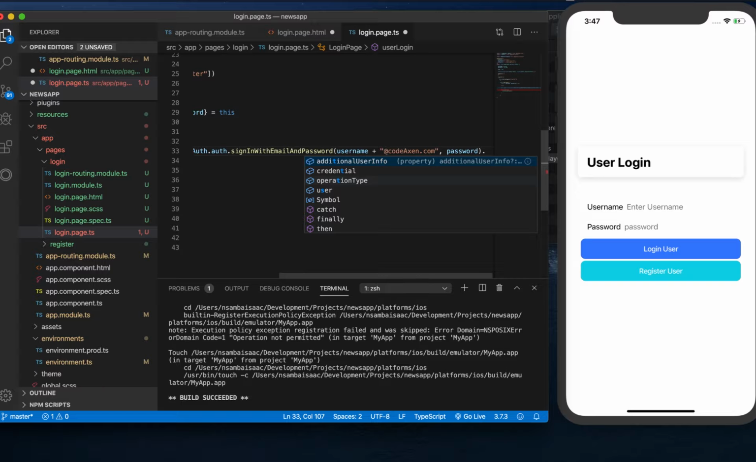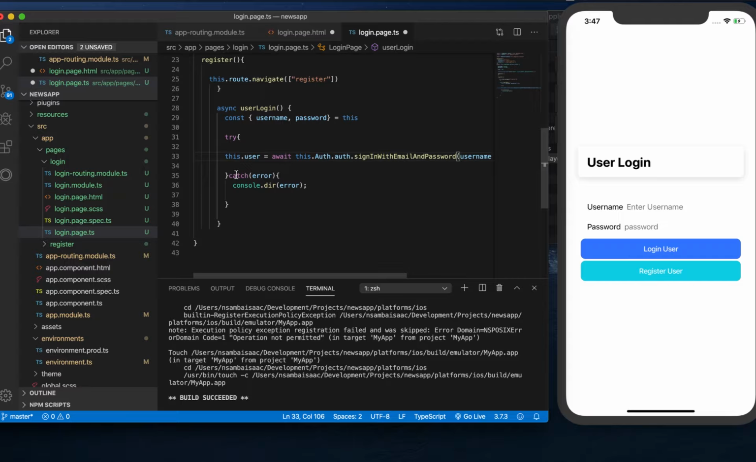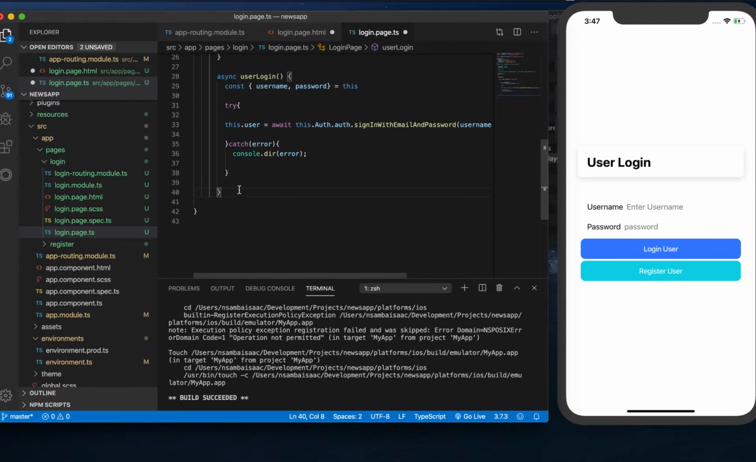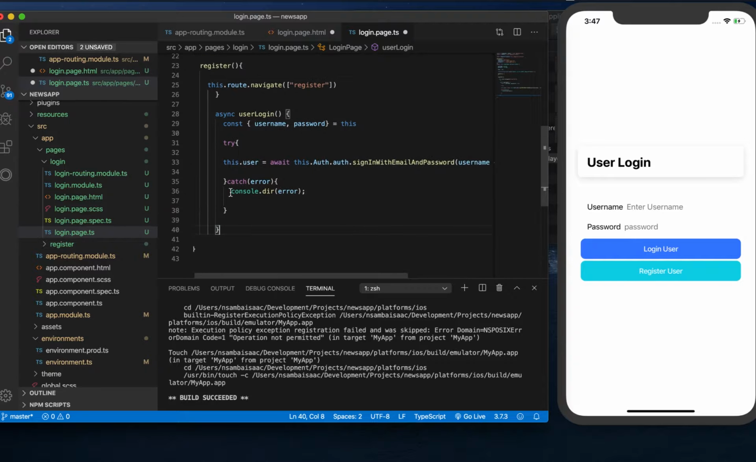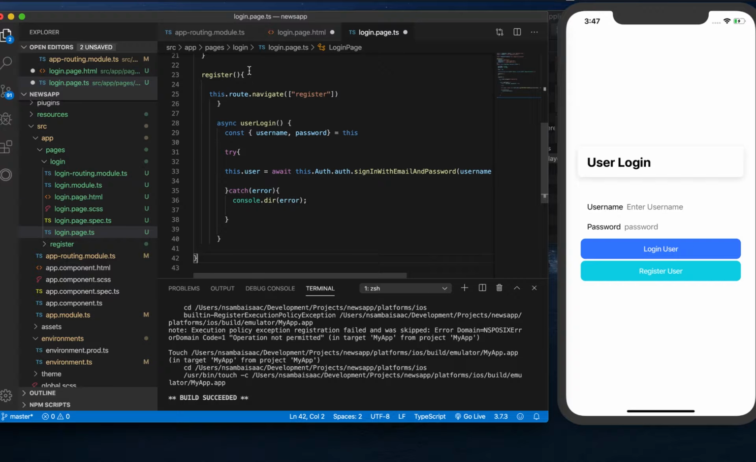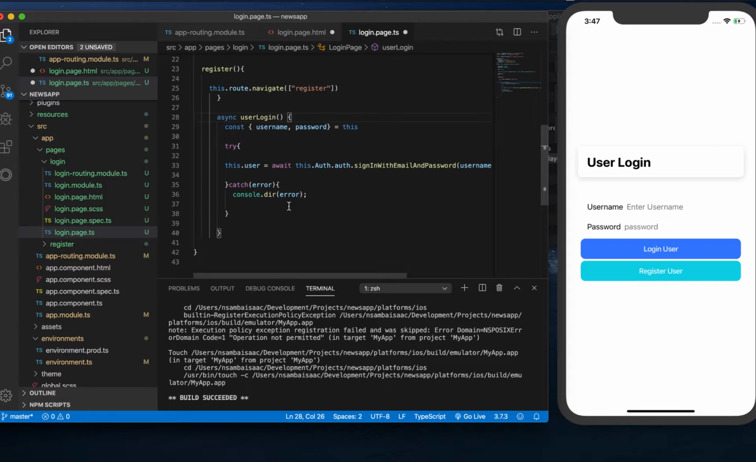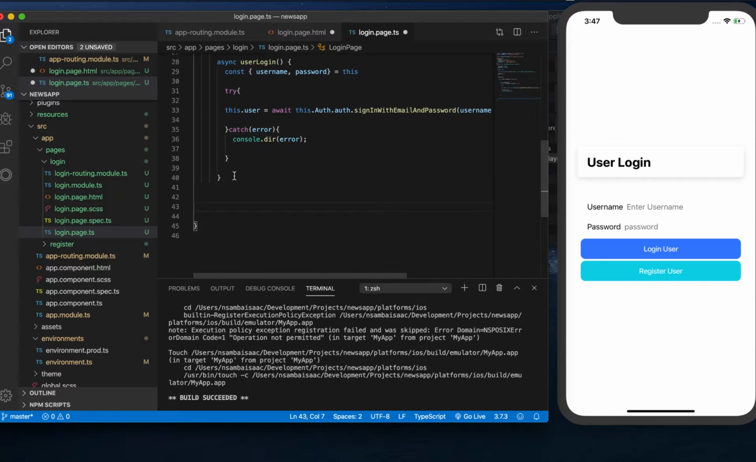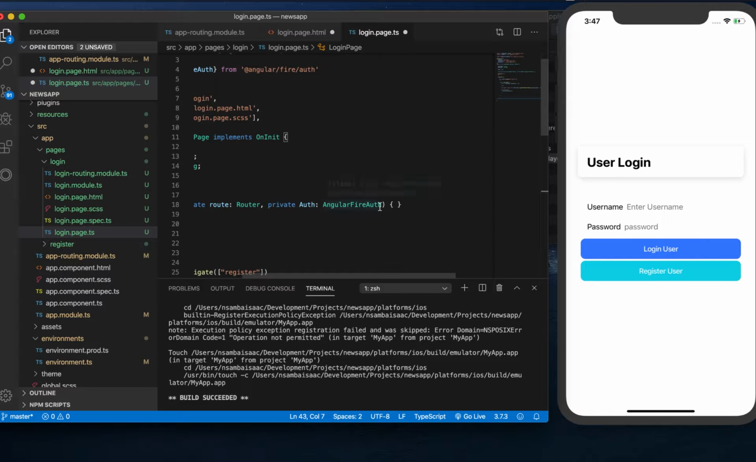remember this will have to return a promise. So say okay. So if this one is successful, we'll have an alert message. Remember, in our last video we created an alert controller that we have to insert into our code. So here also we'll start with an alert controller, but we have to import first